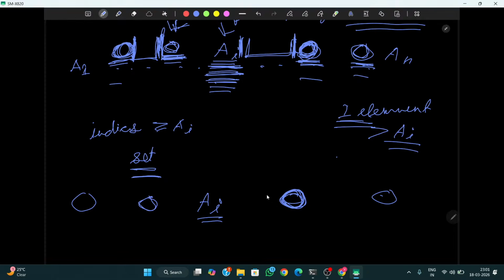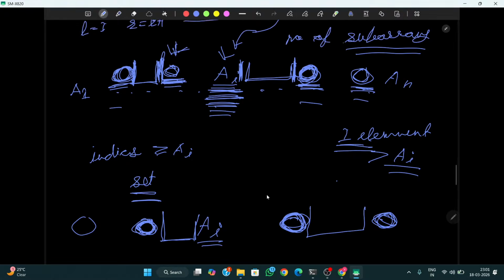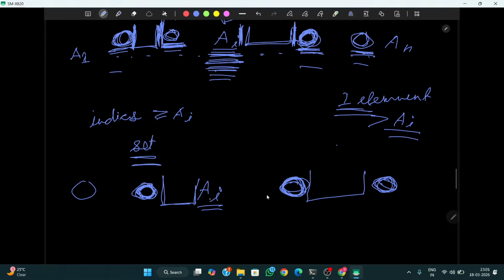Our subarray will start between this element and AI, and our subarray will end between these two elements, as we want to include this element in the subarray and we don't want to include any other element that is greater than AI. So that's the two sets of subarrays